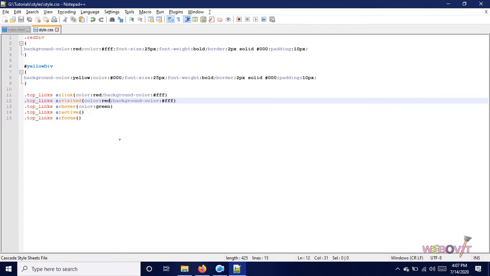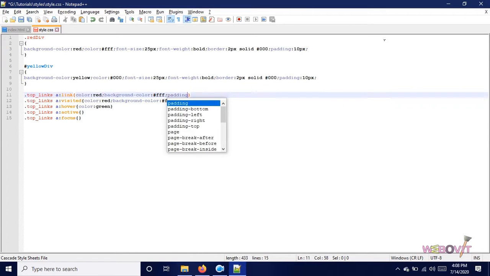Now we will give some padding as well. These are all things we are going to learn in a future video. Whenever you mention two different styles, color is a style and background color is another style, you have to put a separator, which is a semicolon, to show where one style finishes and another is going to be mentioned. Now we will mention padding also.